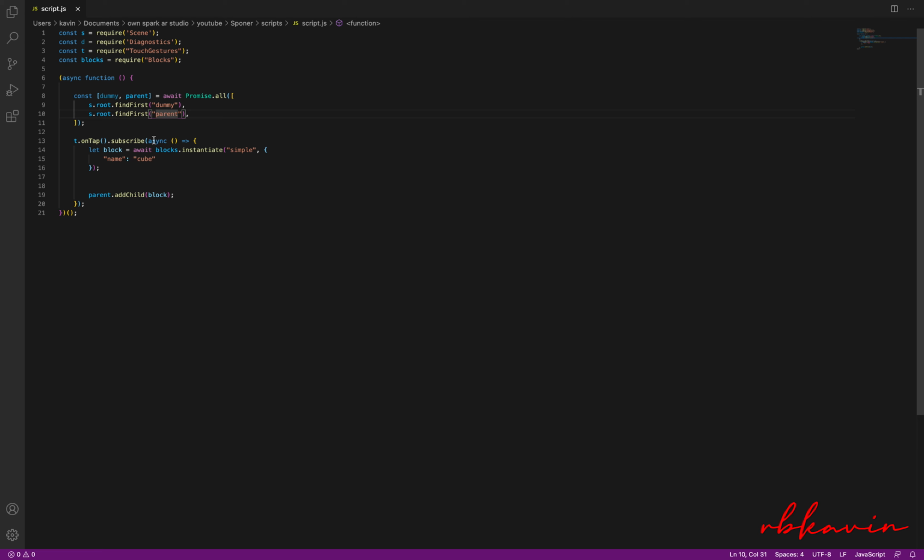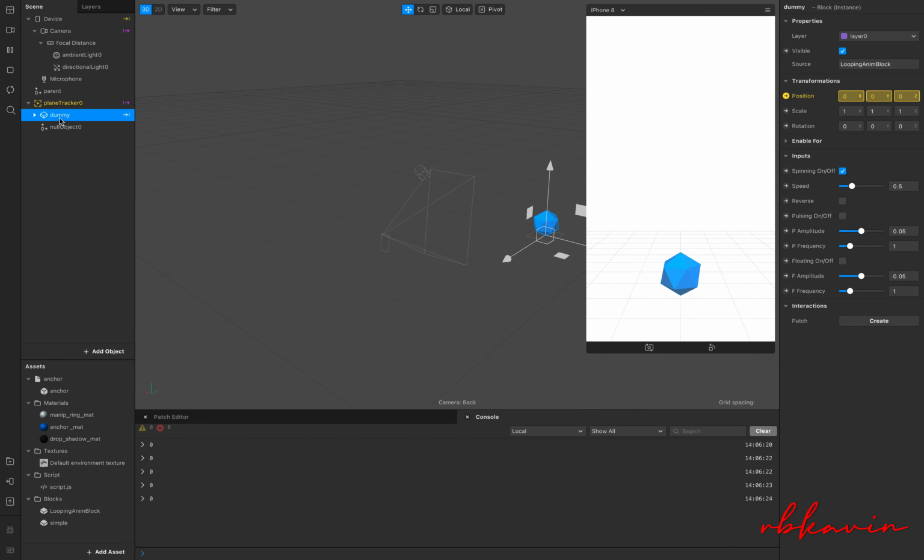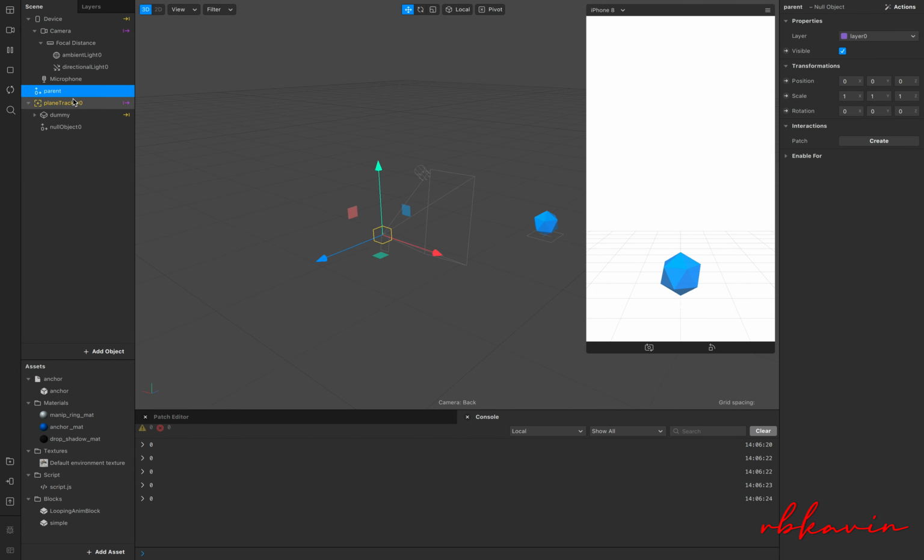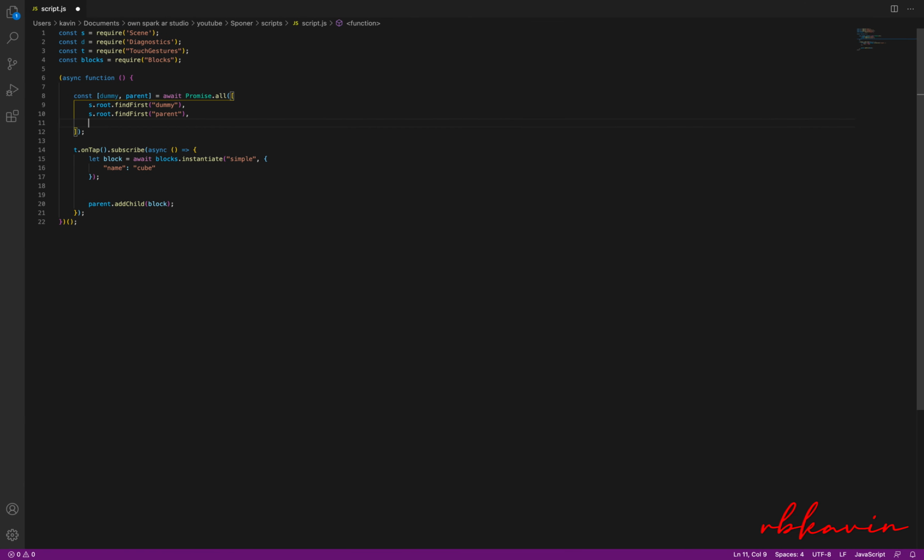What we can do now is that we want to assign the property of the dummy to the element spawned over here. So in order to do that, we need to have one more property to normalize the value. Let me call this dummy2. I'm just going to redo the same thing over here. Let me explain in a second.